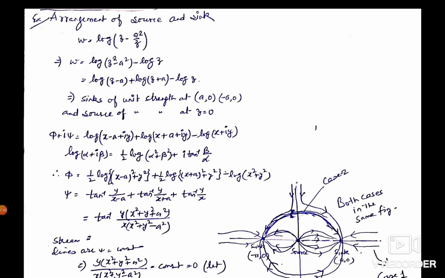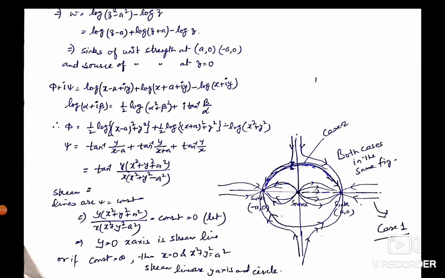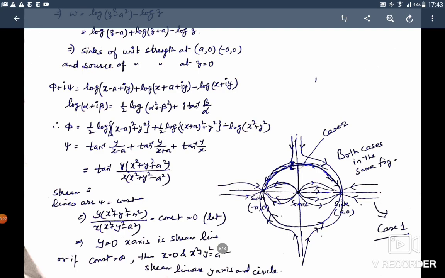और दूसरा हमने कहा कि एक सिंक भी होगा. यदि इस कांस्टेंट को मैं 0 की जगह इन्फिनिटी ले लूँ, इन्फिनिटी लेते ये नीचे वाला 0 हो जाएगा. डिनोमिनेटर 0 होते मुझे क्या मिलेगा? x इज इक्वल टू 0 मिलेगा और x स्क्वायर प्लस y स्क्वायर इज इक्वल टू a स्क्वायर मिलेगा. x इज इक्वल टू 0 का क्या मतलब है कि y एक्सिस मिलेगा और x स्क्वायर प्लस y स्क्वायर इज इक्वल टू a स्क्वायर का क्या मतलब है कि सर्कल्स मिलेंगे. और सर्किल का रेडियस क्या होगा? a होगा. तो आप a को रेडियस मानते हुए एक सर्किल ड्रॉ